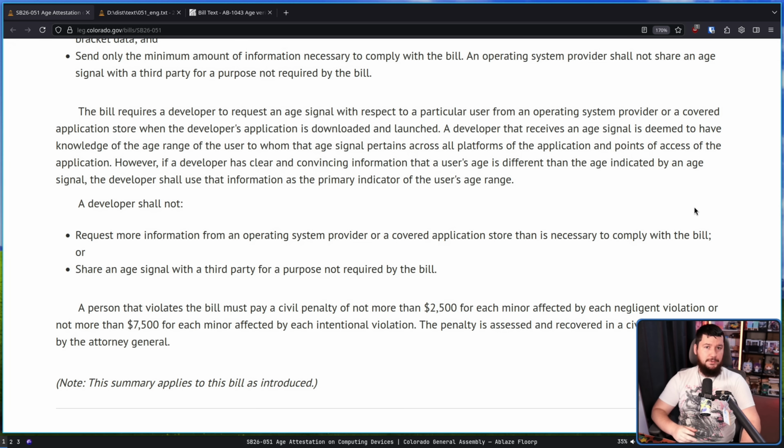There's been a lot of talk about what this bill does and does not do, a lot of really good discussion breaking down exactly what is required here. So instead of talking about that, I want to talk about what is actually being done. How are projects responding to this, and what are they doing? What measures are actually being taken by some of these projects? Because this isn't just a Windows or a Mac or an iOS or an Android thing. This is going to affect Linux as well.